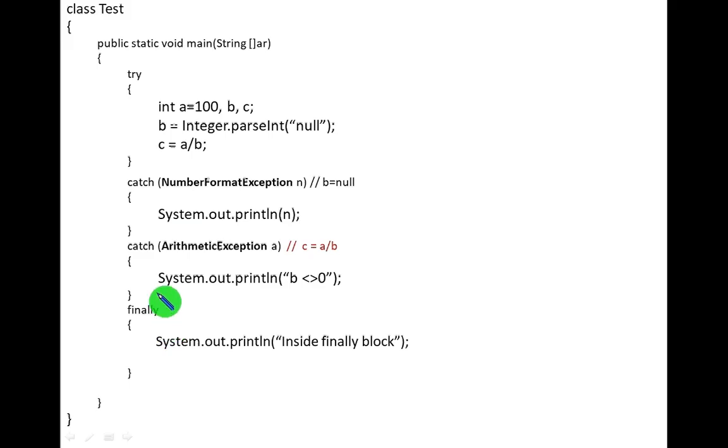If there is an exception, then only that particular catch block will be invoked. Whereas in case of finally, we need not bother about the occurrence of the exception. Another difference is that in case of a catch block, we are passing an object of the class, whereas for a finally block, no need to pass any argument. Inside the finally block, we can do all the housekeeping operations like freeing the resources and file closing operations.